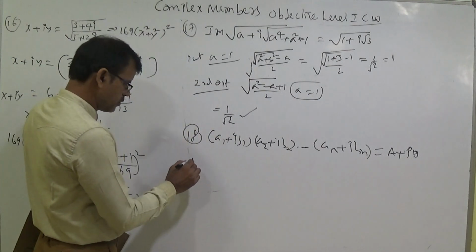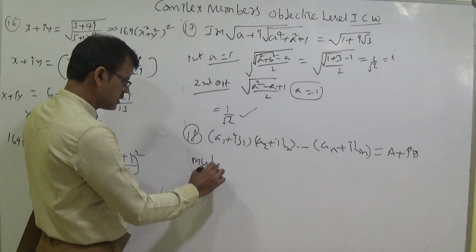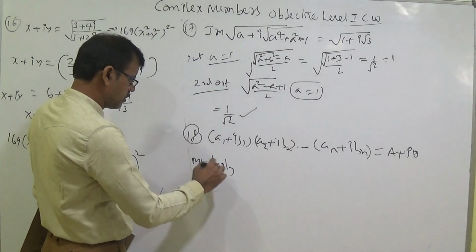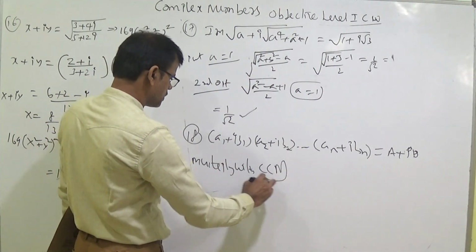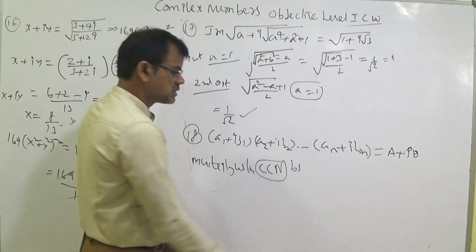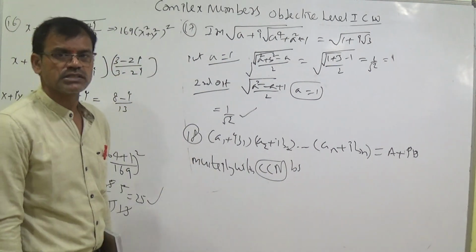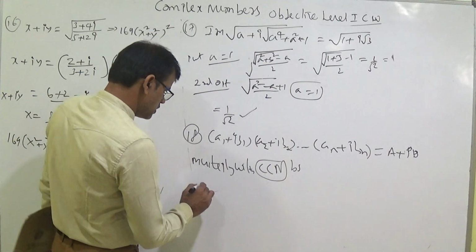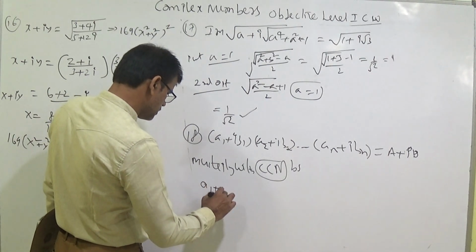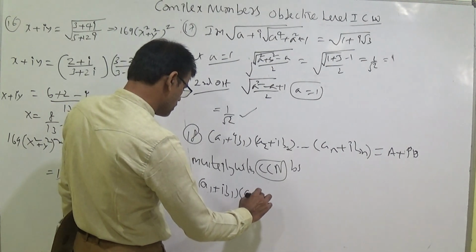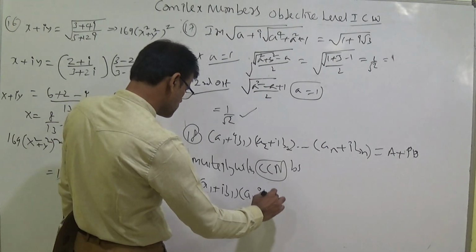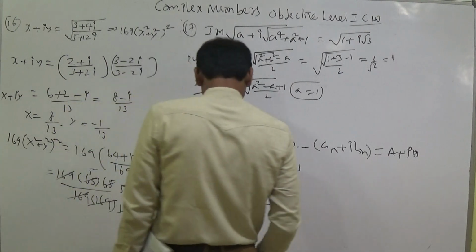Here you write, multiply with CCN both sides. CCN meaning conjugate complex number, both sides. a1 plus ib1, this is a complex number, into, for this one the conjugate complex number CCN is a1 minus ib1,